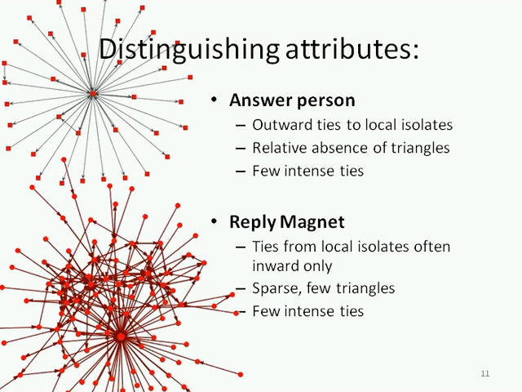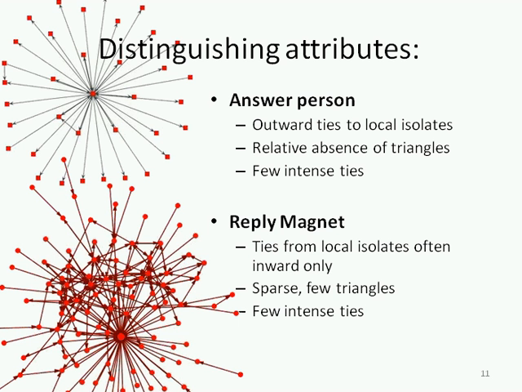So you see on the screen this sort of starburst pattern. This is the distinctive pattern of an answer person, a person of high degree. They're connected to many people. The people they're connected to are not, for the most part, connected to one another. Therefore, there are people of high degree who are connected to people of low degree. And you'll notice that in some cases we violated that. There are a few crosswise connections there. But there is this notion in social network theory of a triangle census, or a clustering coefficient, which is to say how connected are the people I'm connected to to one another. And what you can see is that it's a relatively low ratio, that the people here are not connected much to each other.